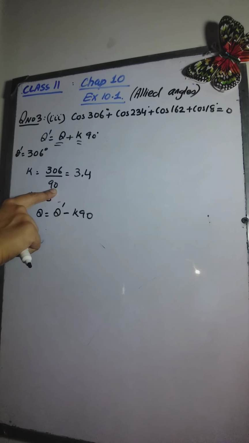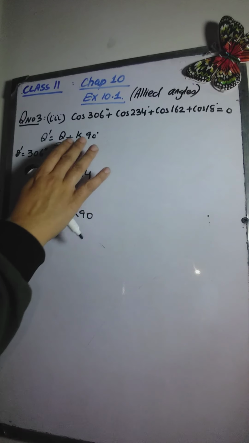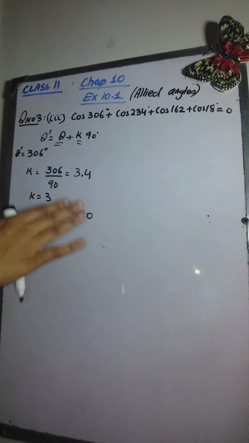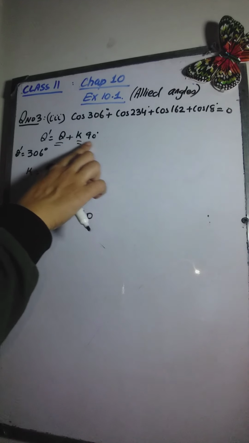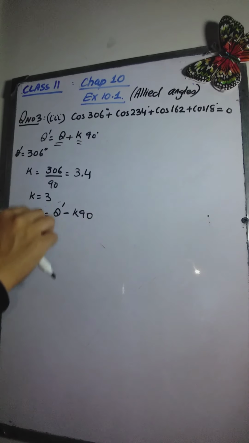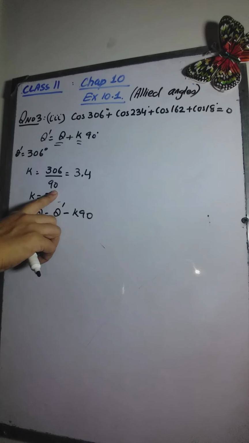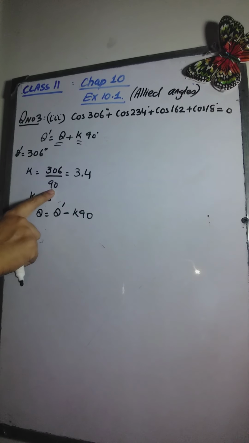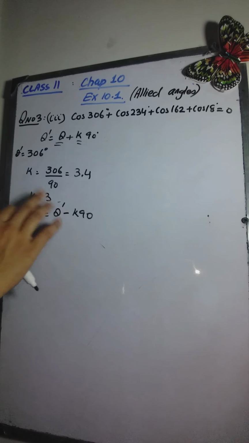And as we did in exercise 9.3, I think, in which we divided the angles by 360, because there we needed the multiples of 360, we needed coterminal angles. But here we are trying to find theta plus the multiple of 90. So you divide the given angle by 90, and you will get the approximate value of k, either 3 or 4. We will try 3. If it can help, that will be okay. If it does not, we will go for k is equal to 4.